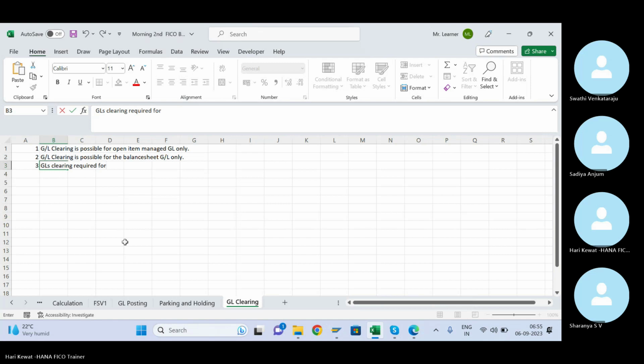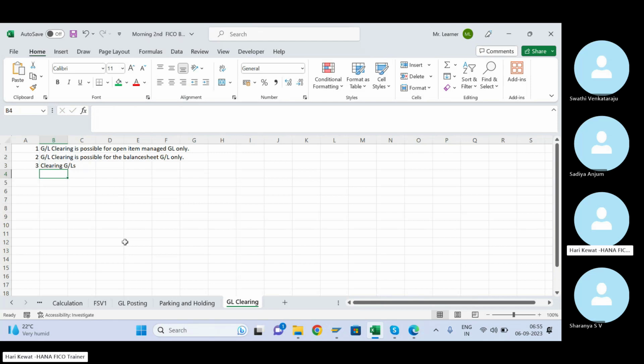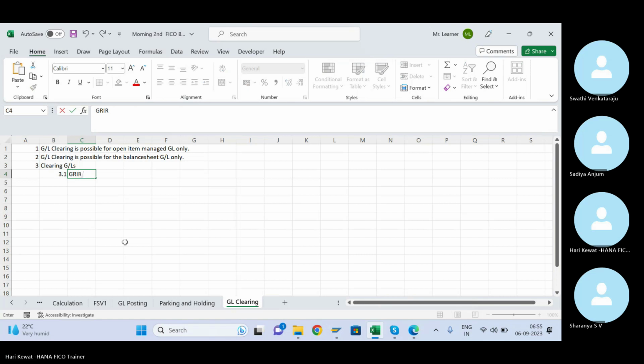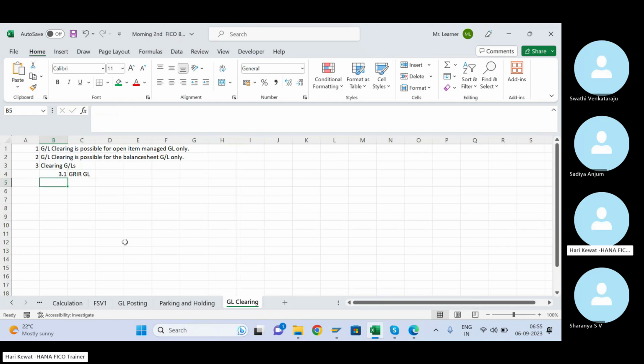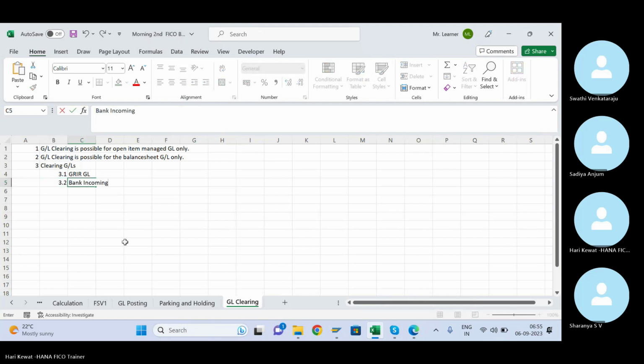Clearing GLs are below. So these are the GLs. For them, you have to do the open item management, like GRIR GL. You'll understand what GRIR GL is later. Then bank incoming and bank outgoing.